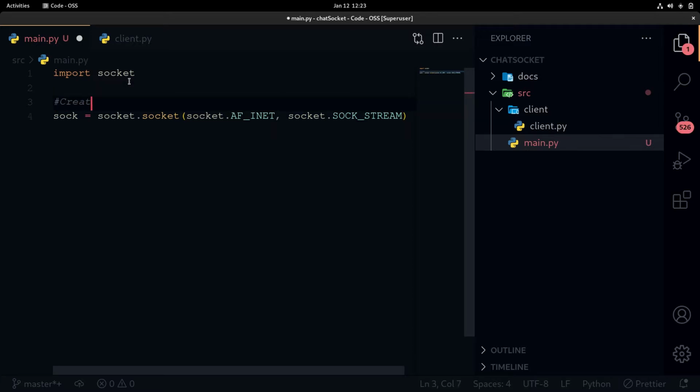Here basically we are creating an IPv4 socket as TCP. The first argument specifies that we are getting an IPv4 socket, and the second argument specifies that we are getting a TCP socket.